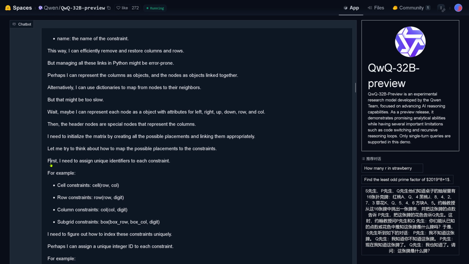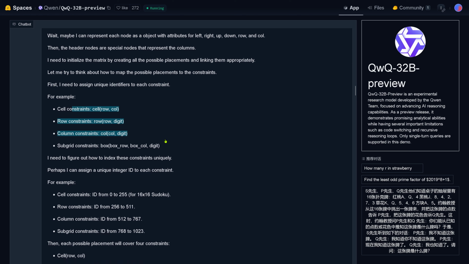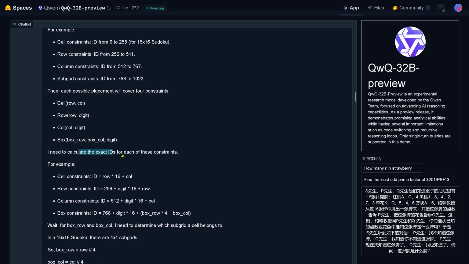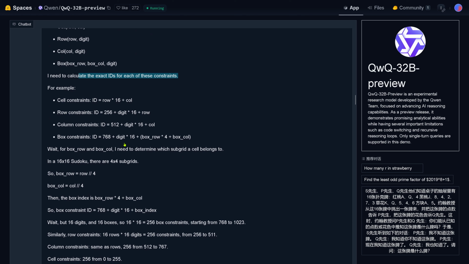So QwQ goes on. First, I need to assign unique identifiers to each constraint: cell constraint, row constraint, column constraint, and the subgrid constraints. Yeah, I need to figure out how to index these constraints uniquely. Perhaps I can assign a unique integer to each constraint. For example, the cell constraint would have an ID from 0 to 255, the row constraint from 256 to 512. The column constraint gets an ID from 512 to 767, and the subgrid constraints go from 768 to 1023. Then each possible placement will cover 4 constraints, so I need to calculate the exact ID for each of these constraints. For example,